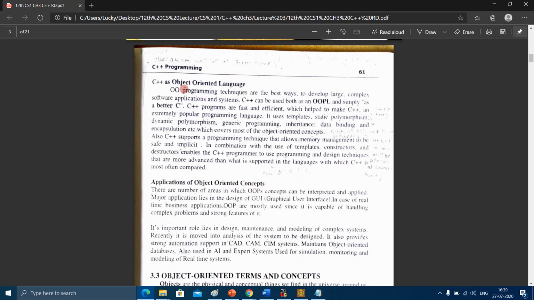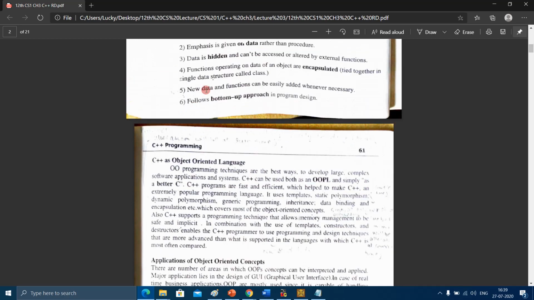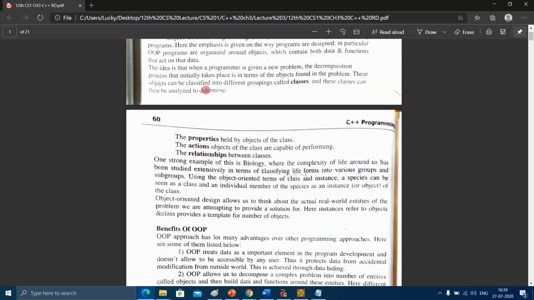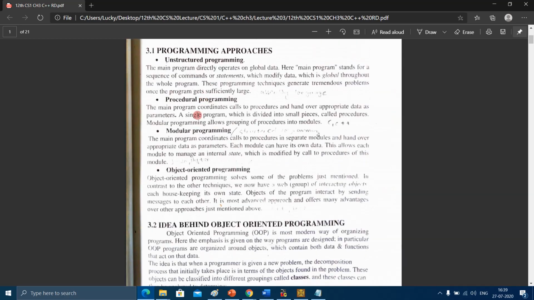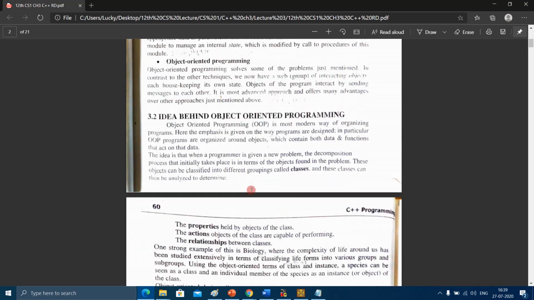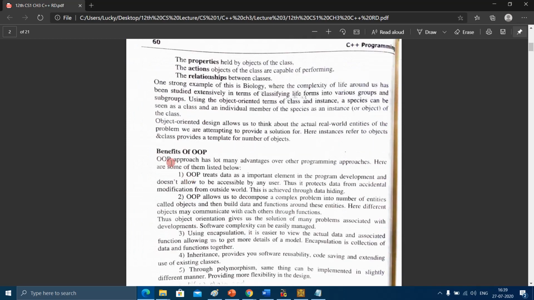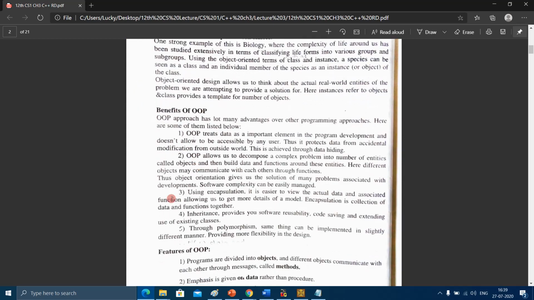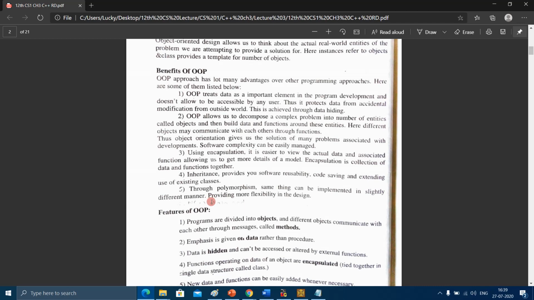Now the next topic is C++ as object-oriented programming. Till now we had seen the idea behind object-oriented programming. What actually is object-oriented programming? We learned object-oriented programming with the help of C++. And here we learned about the benefits of OOP, and then we learned about the features of OOP.